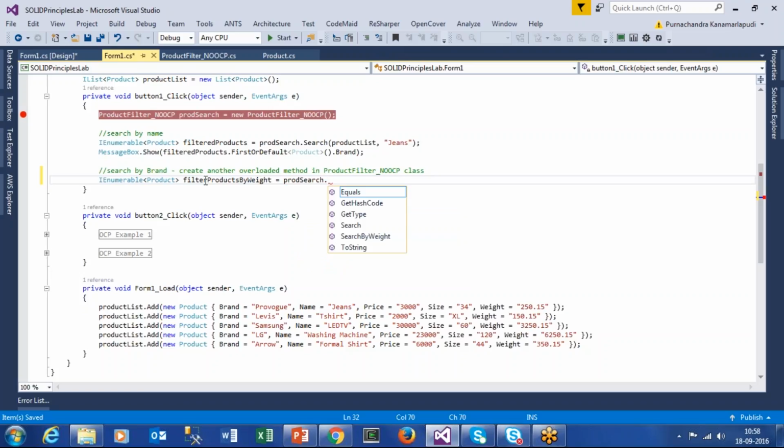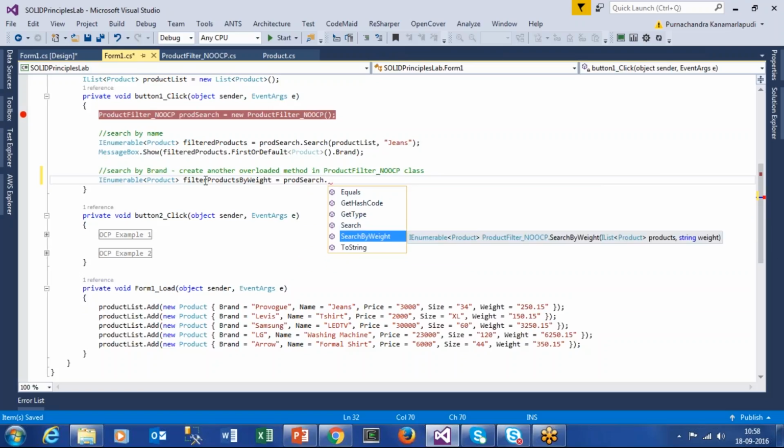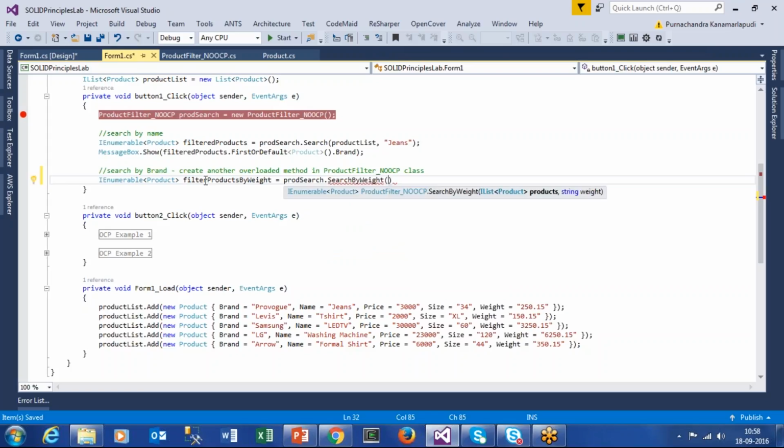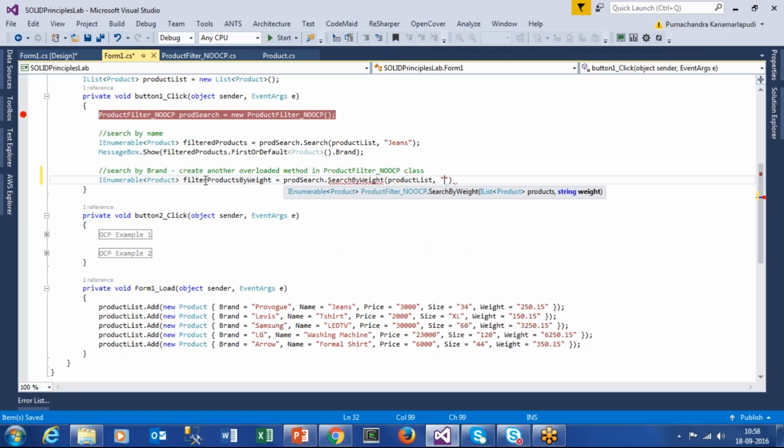This is an object of your product filter class, and then you have search by weight. See, now you have two methods. The search method is doing a search operation based on name, and the search by weight method is doing a search operation based on weight. So I'll send this product list, comma, and then say weight, let us say 250.15 something. Okay,